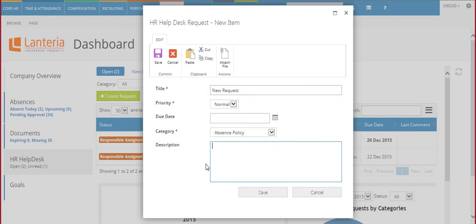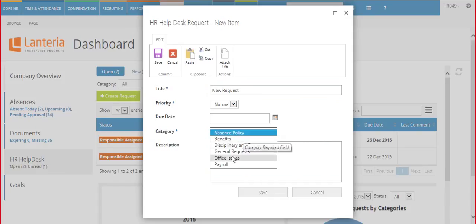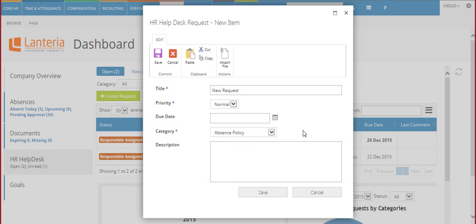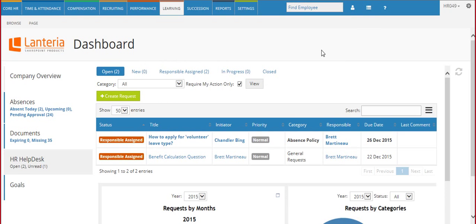We can give it a description, and we can select its category. If you look over here, this drop-down menu can be reached with many more categories, so we can have as many different as we need, and each of the categories can be connected to a special manager who will receive my question. So when I save my ticket, it will send a notification to the manager